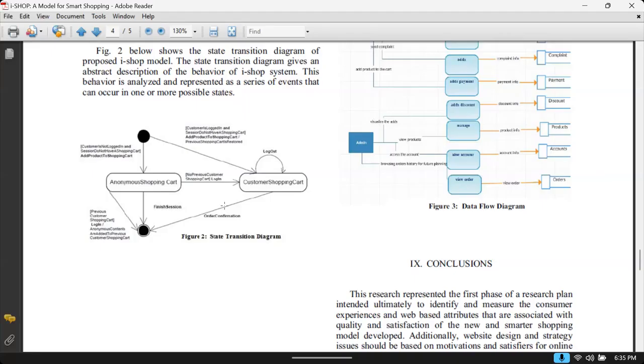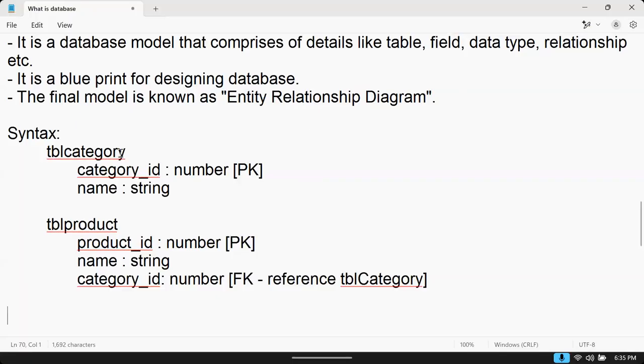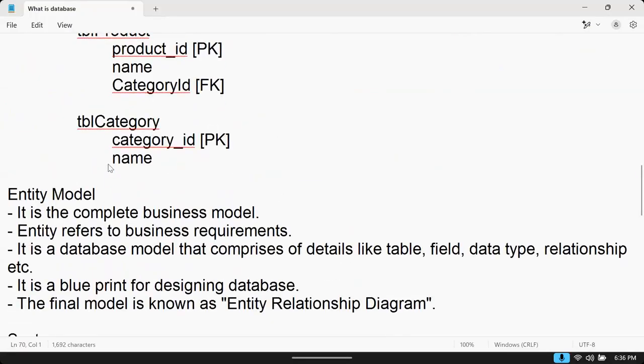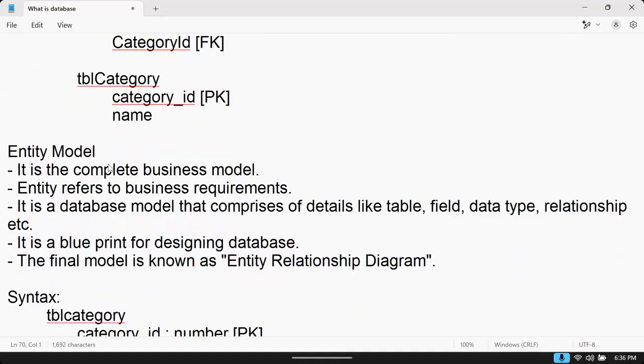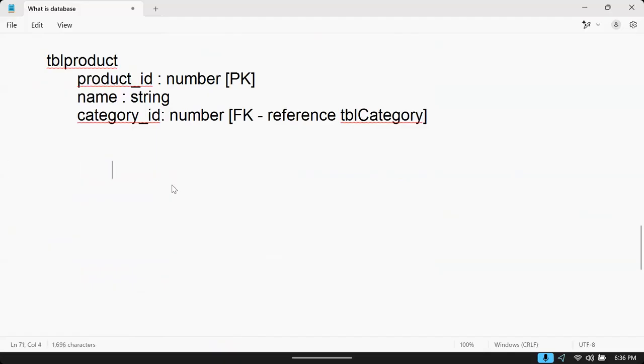So as a database designer, what is our job? To understand the database models. Now, according to these models, we need to build the database. We need to design the database. Now, which database are we going to use? MySQL. We are going to use MySQL, right? These are all the basics before you start a database. Now we will start this database. That means installing, setting up MySQL, working with MySQL.